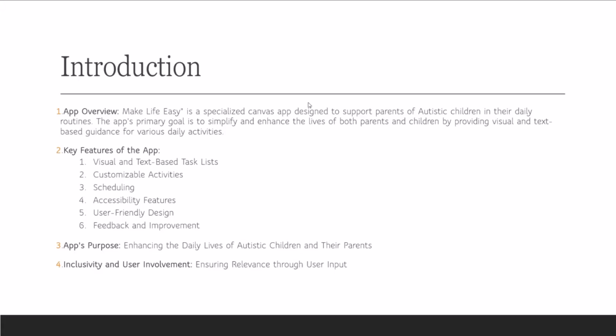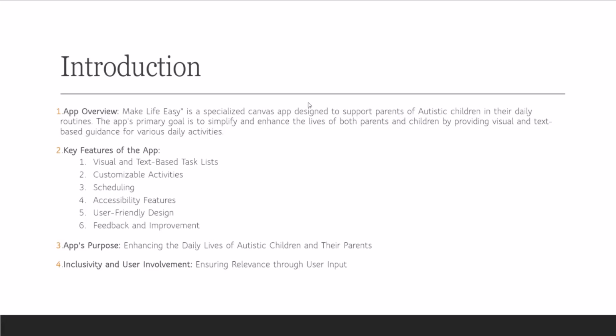It's a Canvas app which is specially designed for autistic children for doing their daily routine activity. The app's primary goal is to simplify and enhance the lives of both parents and children by providing visual and text-based guidance for the various daily activities.